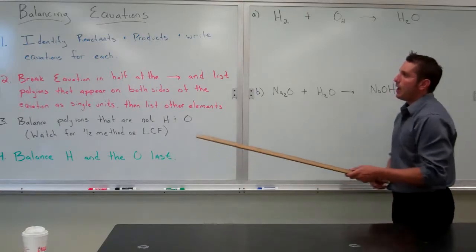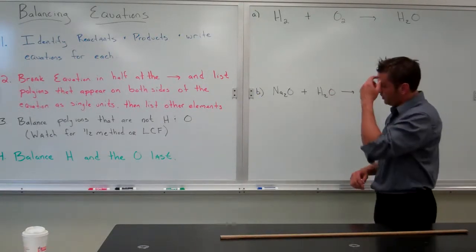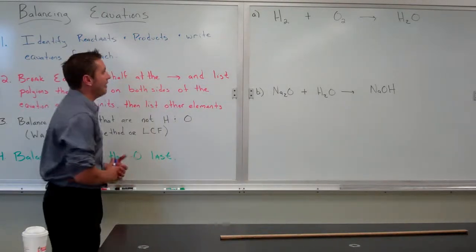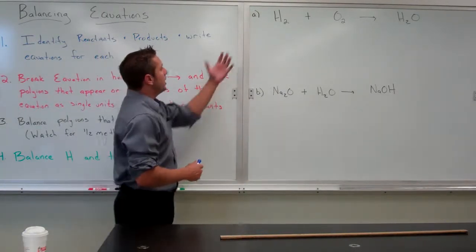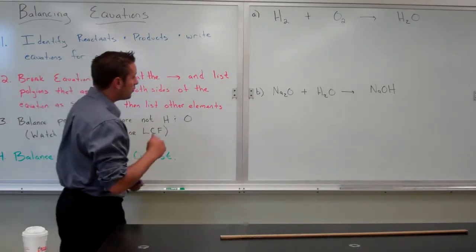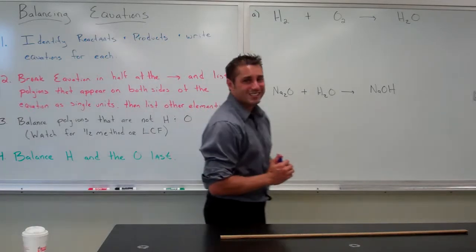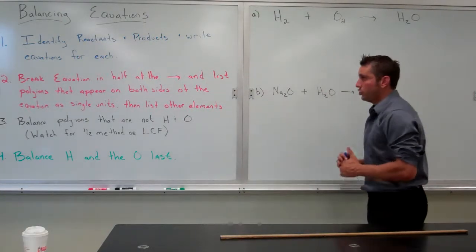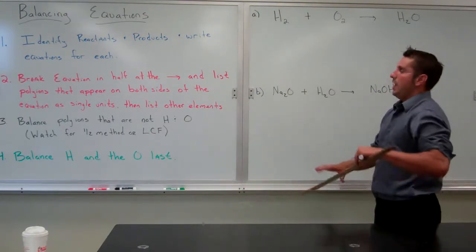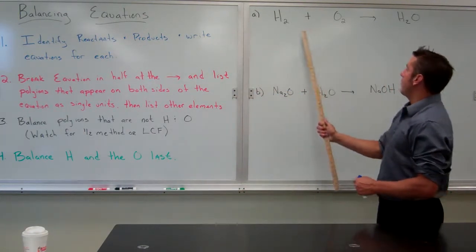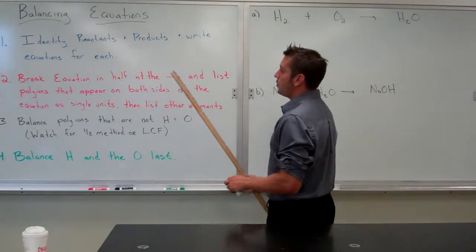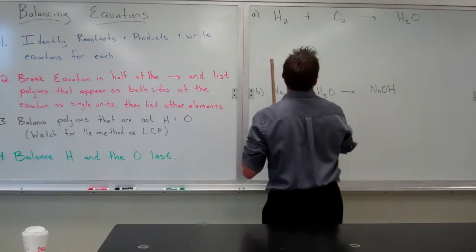So the best way to get practice at balancing equations is by simply doing it. So up here I have listed 6 different equations that we're going to balance. First thing we'll do is look at the equation. Take a second to copy that down. And now we're going to try to follow our steps that will lead us to getting this equation balanced. First thing we do, identify the reactants and products, write equations for each. That is already done. Step 2, break the equation in half at the arrow